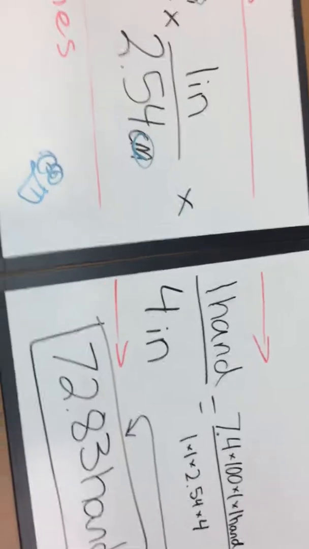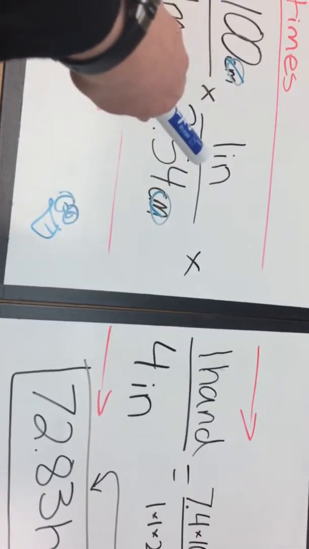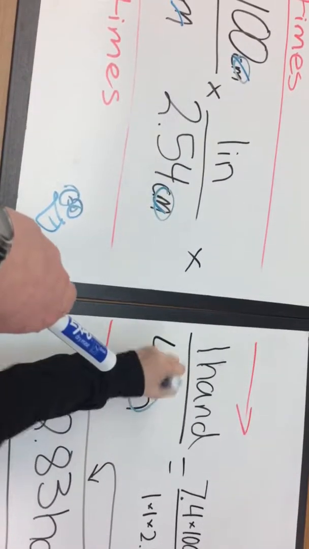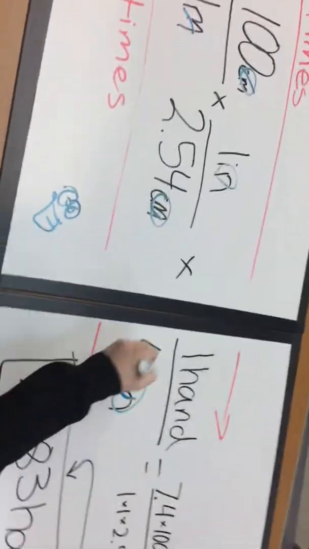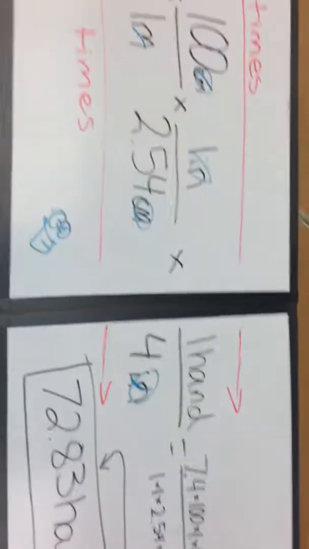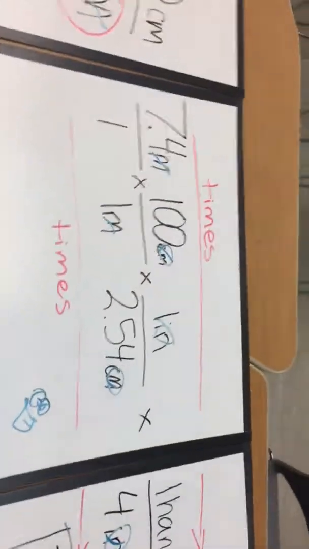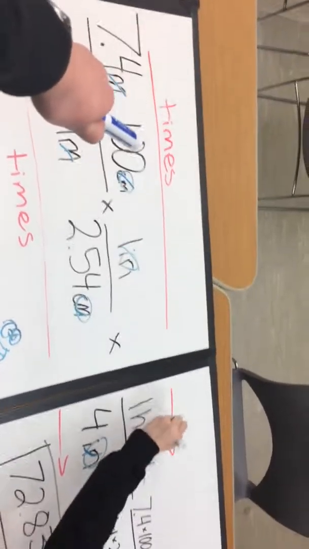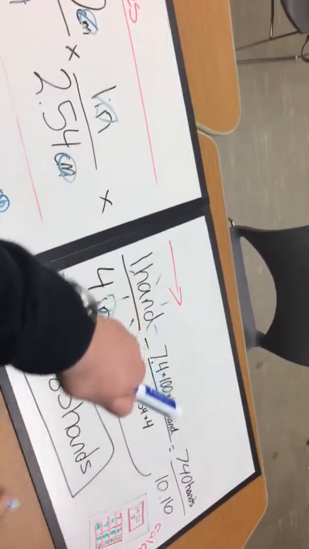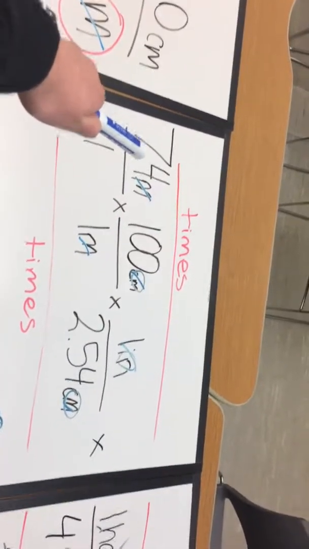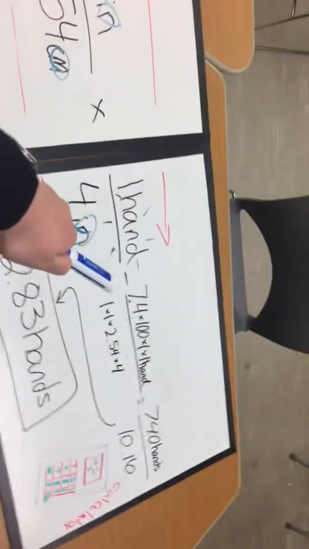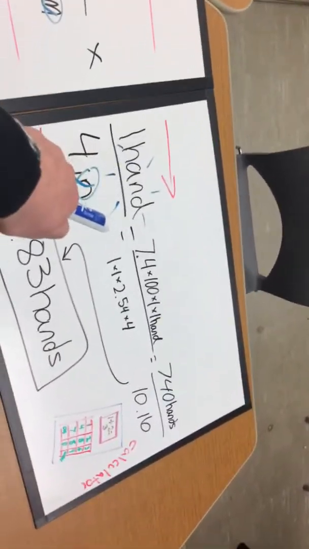And then for the next one, you have your inches on top and your inches on the bottom, and those also cross each other out. So now we have this big equation, and the only units that are left are hands. So we go across the top and we multiply each of them. So you have 7.4 times 100 times 1 and